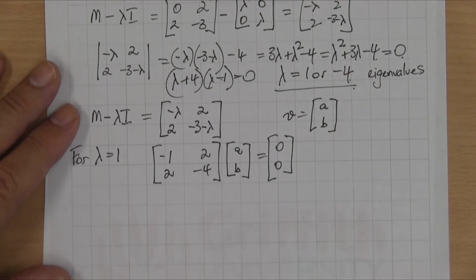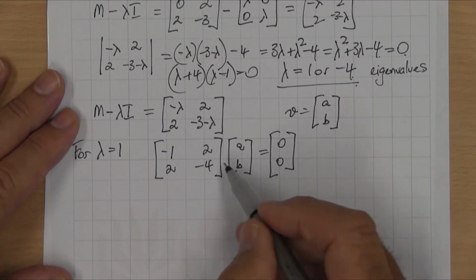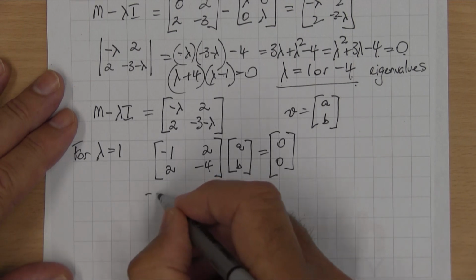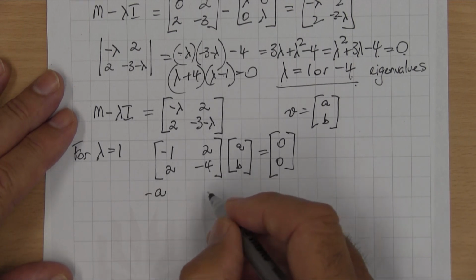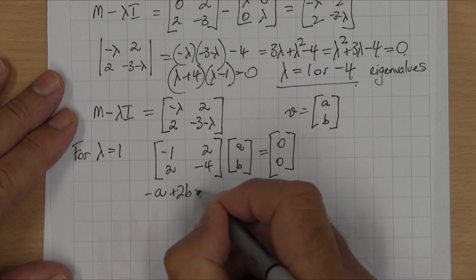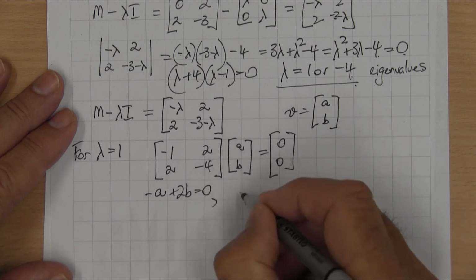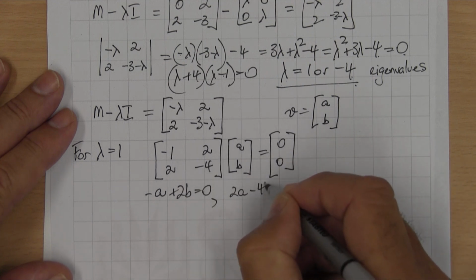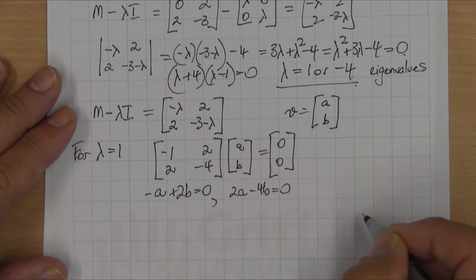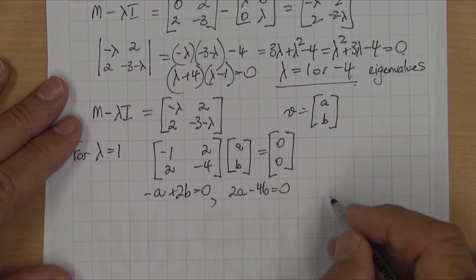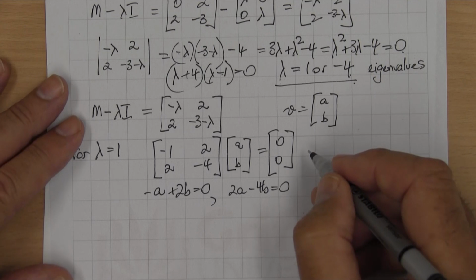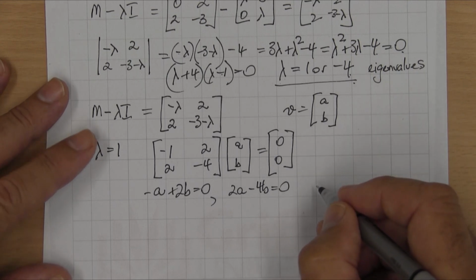Okay, so how do we solve for a and b there? We can multiply out and we get negative a plus 2b equals 0, and 2a minus 4b equals 0. Using simultaneous equations we can solve, and we get